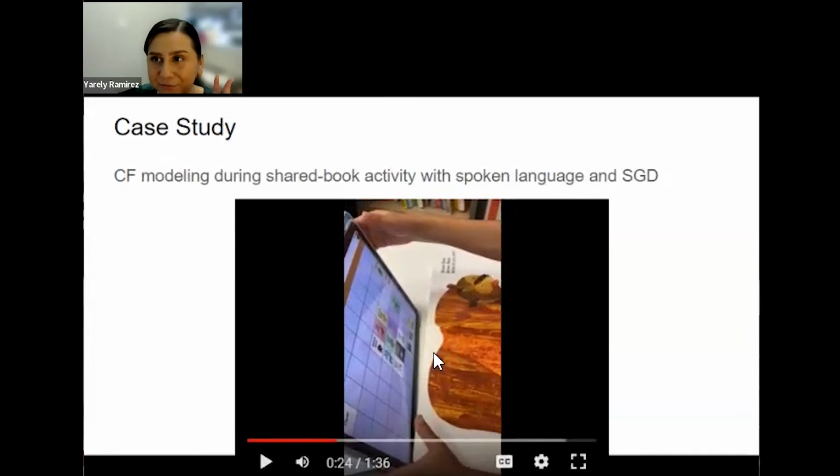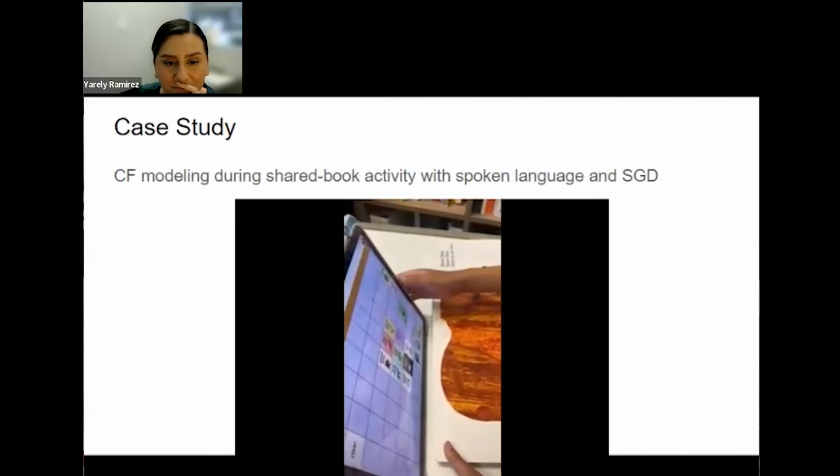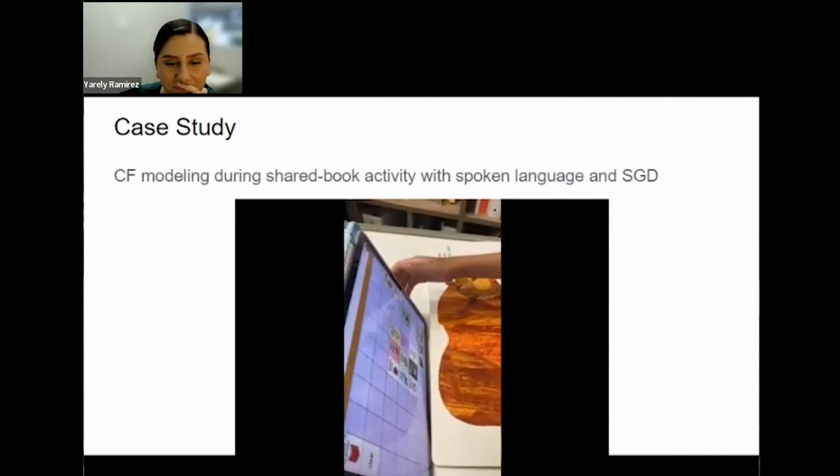I used this book for maybe like 4 or 5 sessions, and I kept modeling turn the page, turn the page, turn the page. And this was the first session he verbally said, I turned the page. So I was really holding back my emotions in this video so I could show Mom what he had accomplished during the session. Turn the page, that's right. We have to turn the more page.